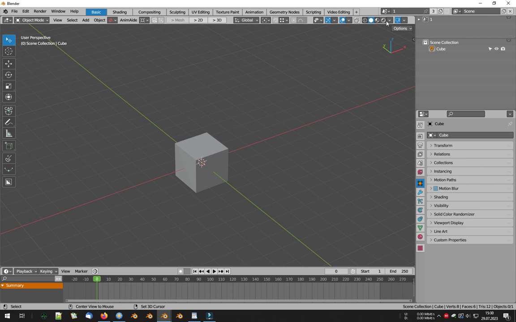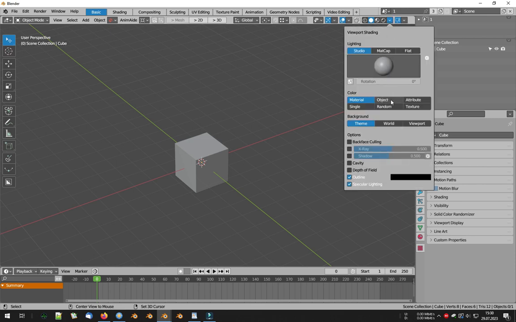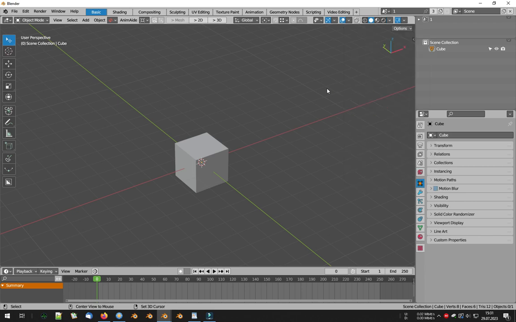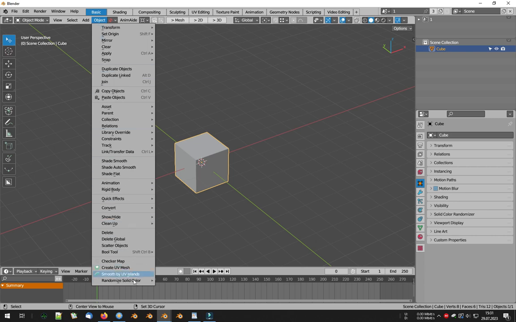To start working, we first need to switch the viewport view to solid mode and activate the object parameter. Please do not confuse this add-on in any way with the random color display system built into Blender, because it is something completely different. The Set Random Color and Copy Color operators are available in the Object menu, but for